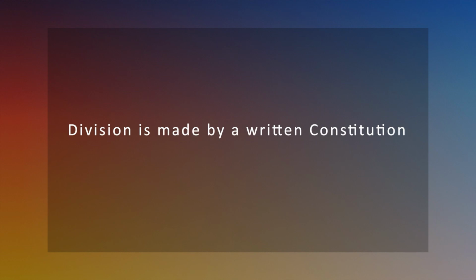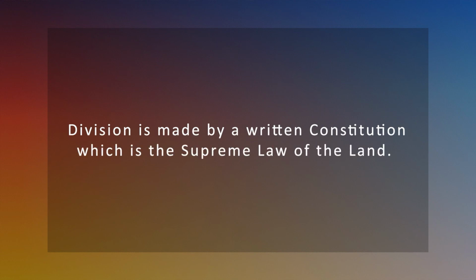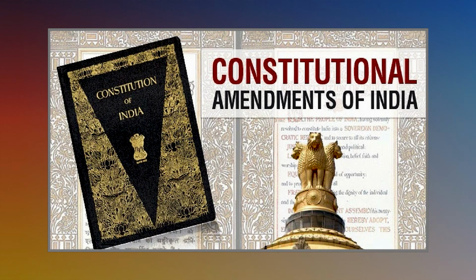The essence of the federal Constitution is the division of powers between the center and the state governments. The division is made by a written constitution, which is the supreme law of the land. Since the language of the Constitution is not free from ambiguities and its meaning is likely to be interpreted differently by different authorities at different times, it is but natural that disputes might arise between the central and its constituent units